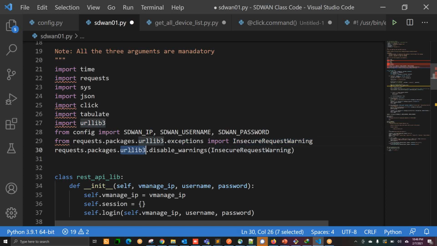And from the URL library, if we have any warning, we can false those conditions. So whenever you run the code, some certificate will try to do the authentication. But if you do false, it means okay, I'm bypassing the certificate, I just want to run the API, so it will allow you with this library. Okay, so from line number 21 to 30, if you have any question, you can ask.